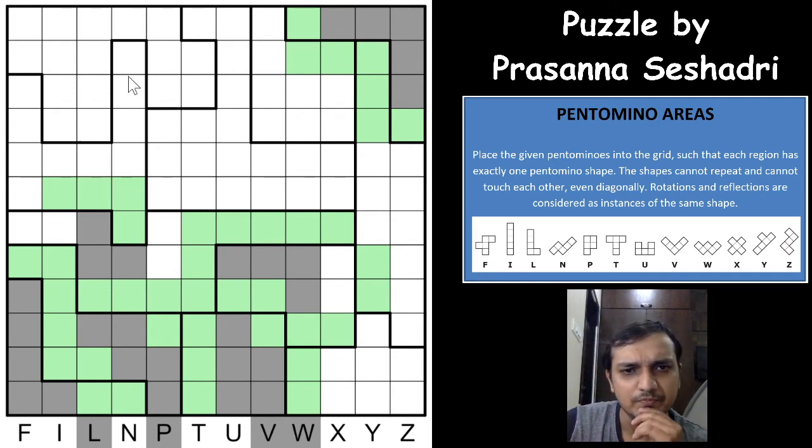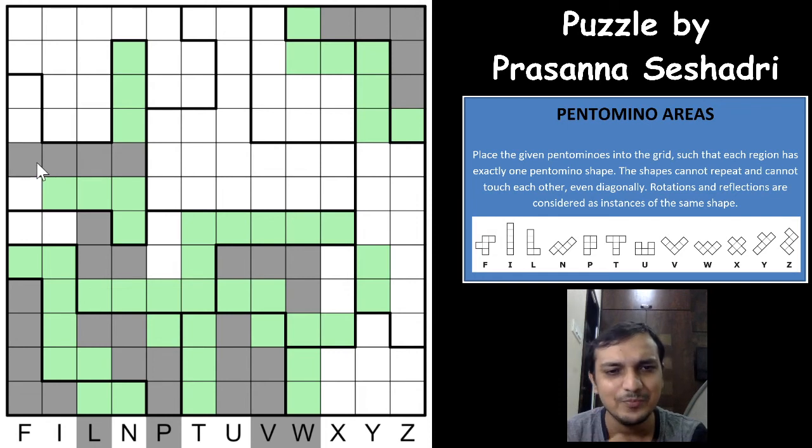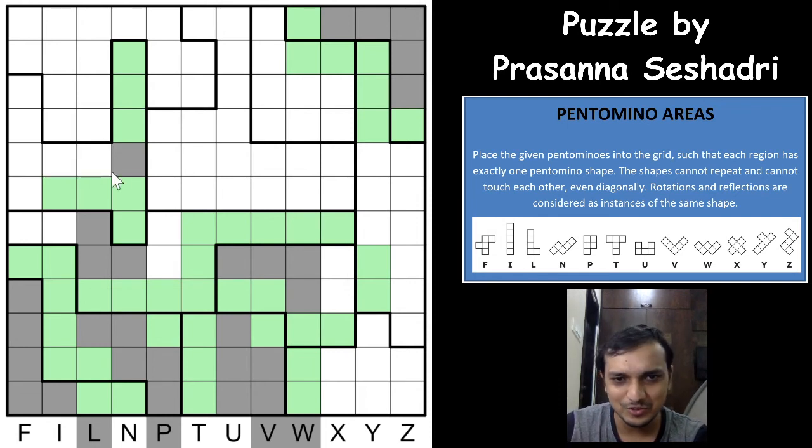So if you see here, if I shade this cell, continuing the cells to form a pentomino will form an L, not possible. Again if I shade this cell, continuing here will form the L or V, not possible. Again if I continue from here, it forms an L, which is again not possible. Again if I continue from here, this will form an L, again not possible.